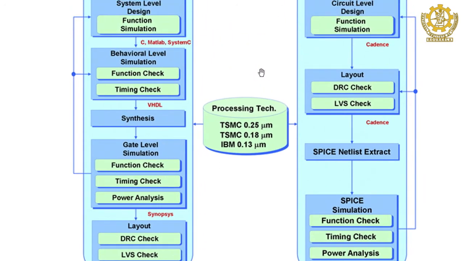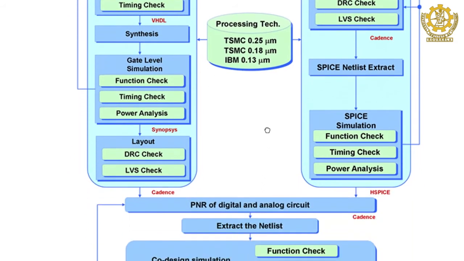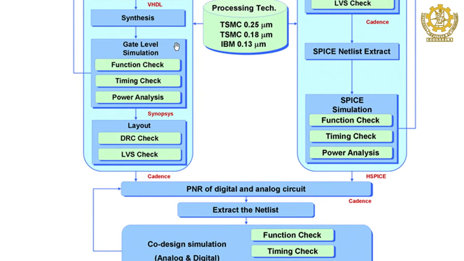So, these blocks are the different abstraction levels, these are the different steps, but out of this, simulation is a process, okay, and synthesis is another process. So, what are those we will see. Then after that, let us say we are having gate level simulation. So, that has to be checked again for its functional accuracy, timing check, power also. When gates are coming, it should have certain time and power characteristics. So, time and power also have to be checked.